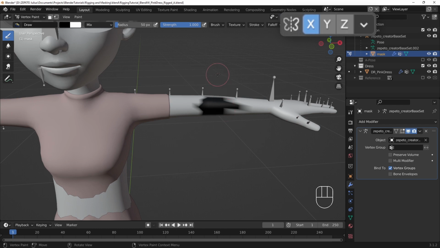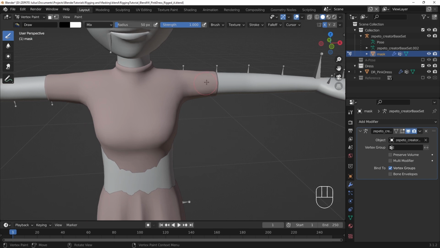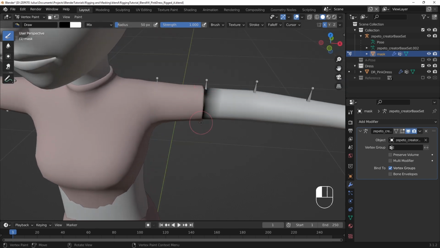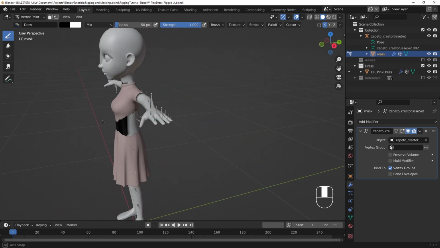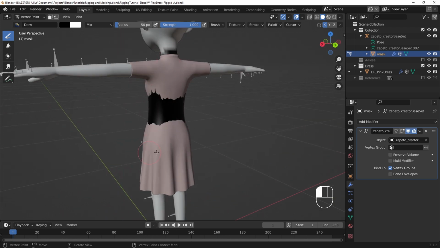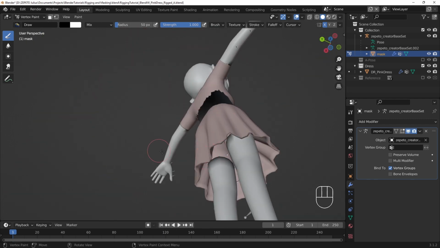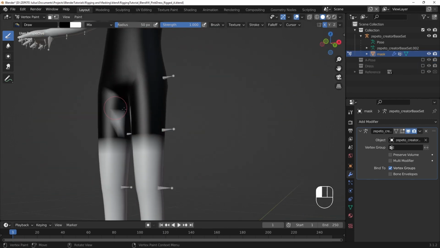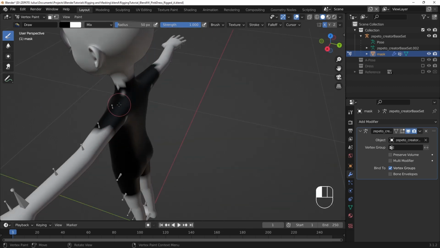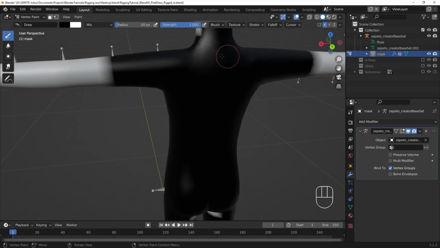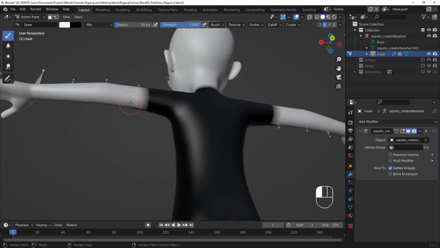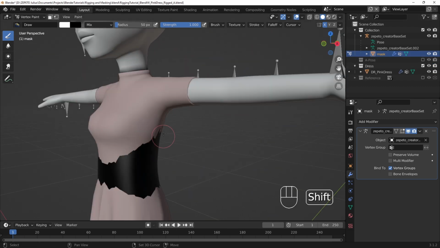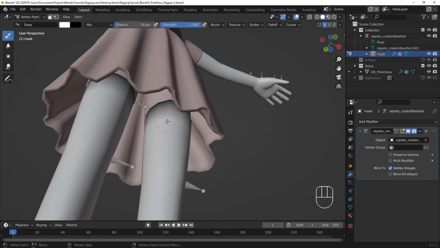If desired, turn on X-Mirror so that you can paint the left and right sides of the body at the same time. This helps save time for symmetrical parts of the item. Now, simply paint the mask black where it will be covered by the item. You may have to toggle your item's visibility on and off to check where you're painting. The conversion process will only make faces invisible when all the face's vertices are painted black, so you can feel confident painting the mask right up to your intended border.